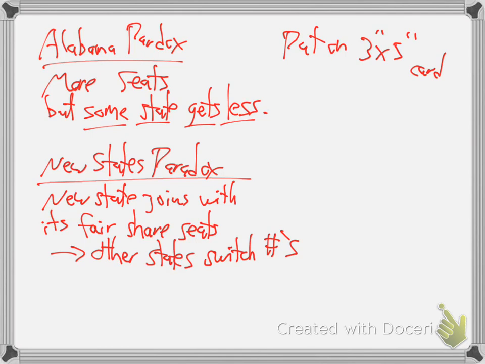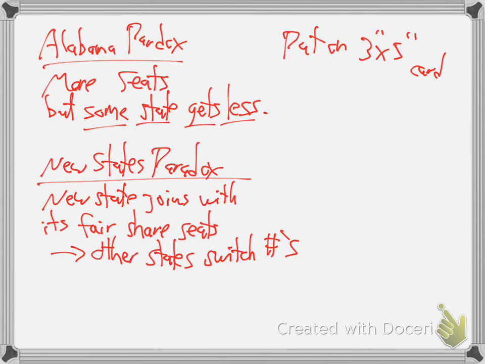What I'm talking about happened in history again in 1907. Oklahoma joined the Union. So basically, as the United States was growing and more states were coming in, they were making the House of Reps grow. And as it grew, they tried to bring in new states and also increase the House of Reps, so they weren't taking any from anybody. But every now and then they would do that, and it would end up taking some from other people. Even though they gave the new state their right number, it would shift between two of the old states. That make sense? So that'd be like the kids. That'd be like if a new kid came in.